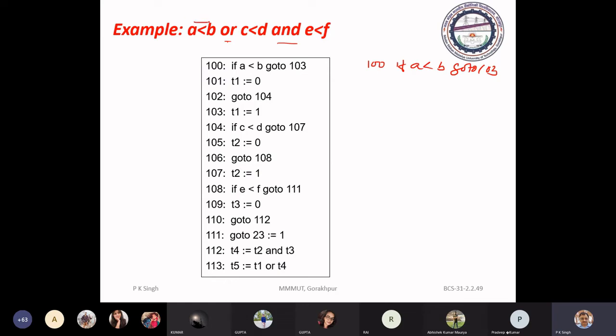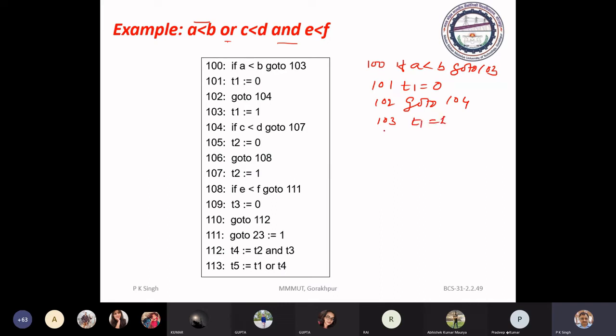It will first evaluate this. 101: T1 equal to 0. 102: go to next state plus 2, 104. Here at 103 you have T1 equal to 1.